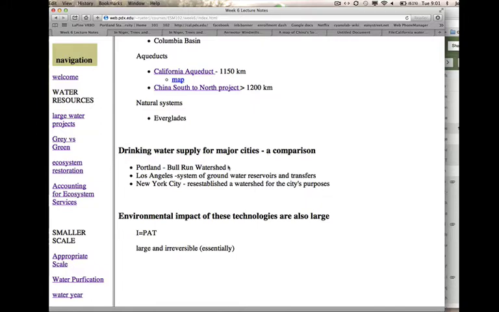In Portland, we have the Bull Run watershed, a large watershed that's on the west slope of the Cascade Mountains and near Mount Hood, and catches a lot of rain and fog and snow, and it's just a naturally excellent place to put a watershed catchment. It's protected. People aren't allowed in there. There's very limited use. It allows for clean water to be collected in this watershed.